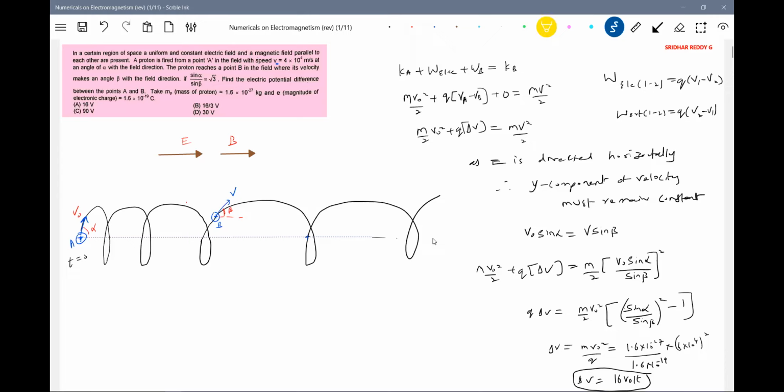I think it's very, very important. Always, I suggest, remember that work done by the magnetic field is 0. I think this is the core idea we have to take help of in these numericals. And we must know what actually happens to a charged particle, how it moves. If students really analyze how a charged particle is moving in a magnetic field, everything else is very easy.